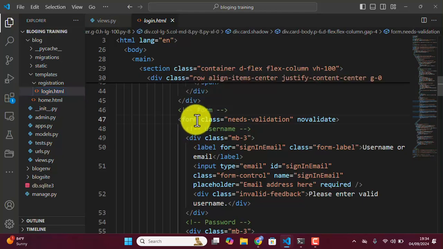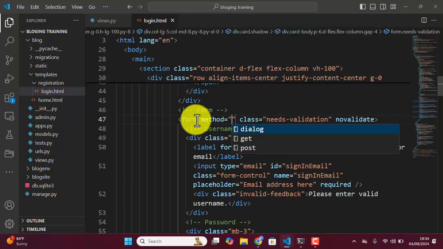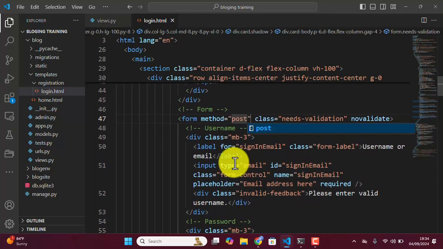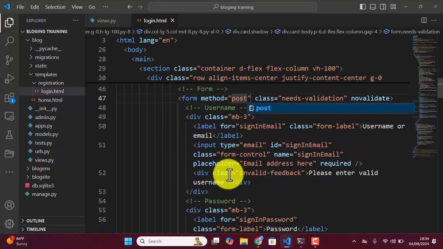So we are going to have form method to it. So we are going to add method, and we are going to make it a post method because we want to send to the database. So if we want to send to the database, it is post. If we want to retrieve from the database, it is get. So we are sending to the database. So we are going to be making a post method or a post request to the database. Okay, now,